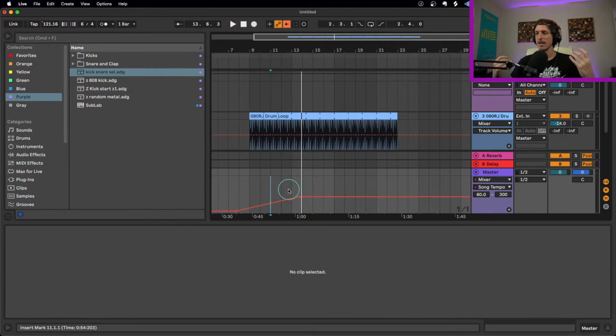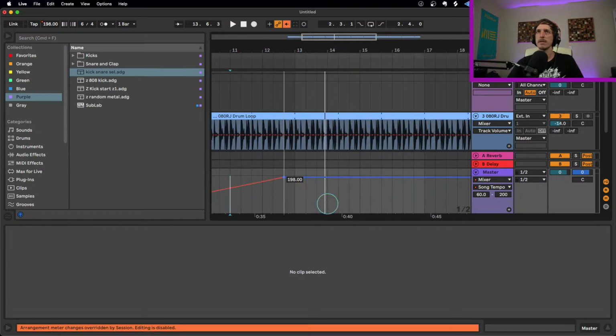If you're making dance music, people are used to steady rhythms, and if you do a long tempo change, it can work. Prove me wrong, go for it. If you're feeling like I really want to do a tempo change here, don't let me try to dissuade you from it. Just know that sometimes tempo changes can feel awkward, and you might be better off with either, number one, not a tempo change, or number two, instead of doing a long, slow tempo change, just doing an instantaneous one. So something like this, where we maybe start at one tempo,